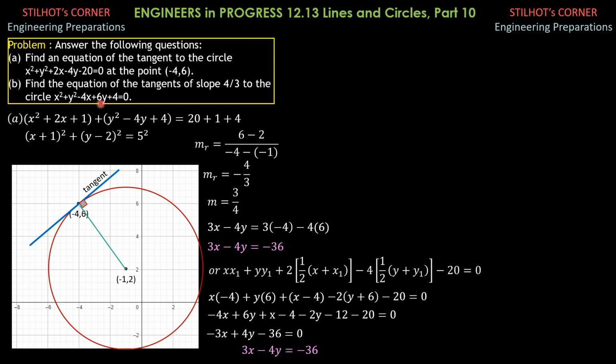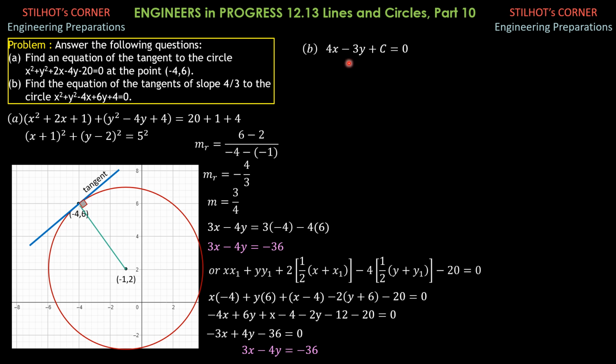Let's complete the square to find the center and the radius of the circle. The center is negative 1/2 of negative 4, so 2, and negative 1/2 of 6, negative 3. 2 comma negative 3. And the radius is 1/2 of the square root of quantity 4 squared, which is 16, plus 6 squared, which is 36, plus 16, 52, minus 4 times 4, minus 52 minus 16 is 36. Then 1/2 of the square root of 36 is 3. The radius is 3, center 2 comma negative 3. Let's complete the square, another technique so that you cannot forget.